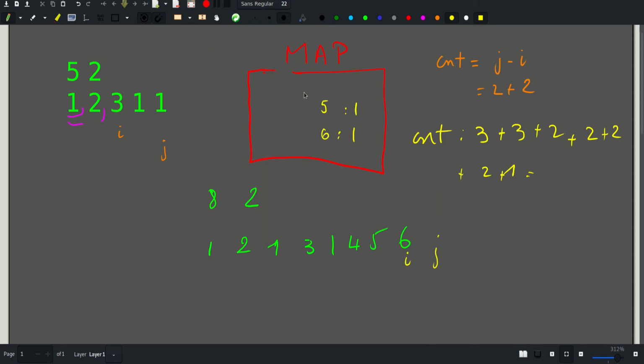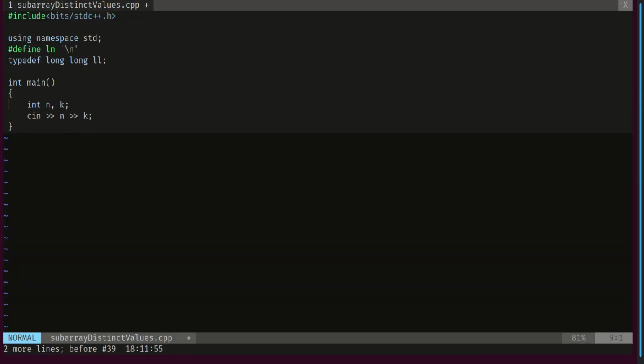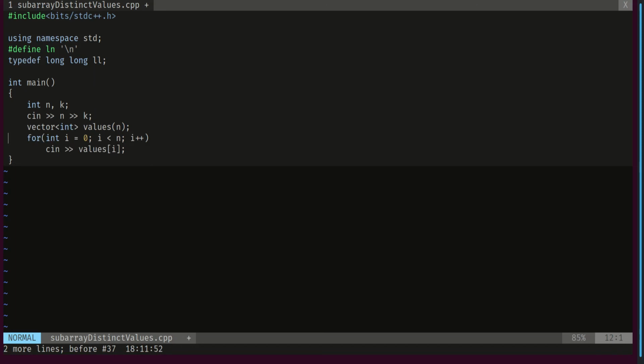So now let's check out the code. So this is my code. We start by reading the input n and k. Then we declare a vector of int that will store our values. I read my values. Then I'll declare a variable answer. And notice here that it has to be long because